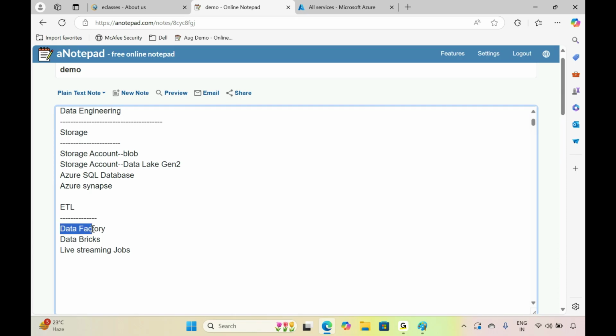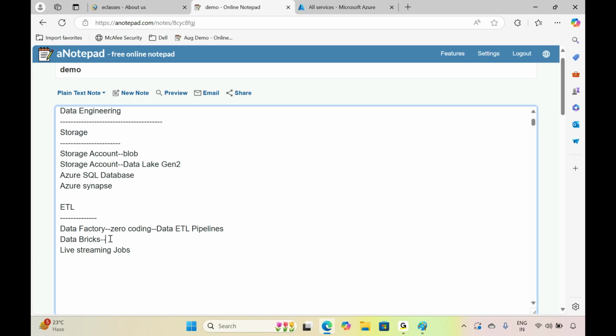So why do we need three different ETL services? Let's try to understand. Data Factory is zero coding. That means you are going to just drag and drop the software services, and you are going to implement some data ETL pipelines. What do you mean by pipelines? Pipelines are for processing of the data, copying data from one place to another place.